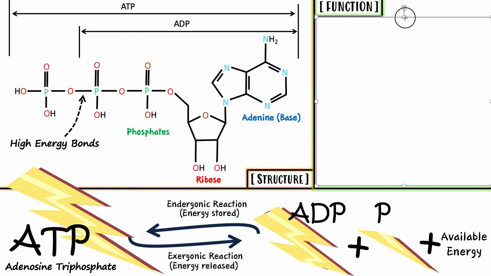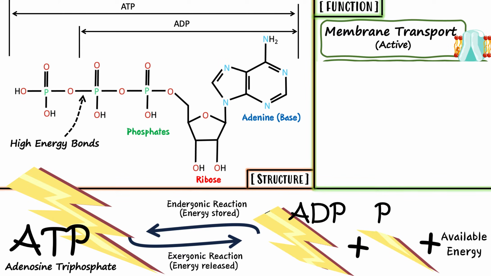Let me show you. One key one, which you may already know, is membrane transport. When we learned about membrane transport, we know that sometimes we have passive membrane transport where molecules just move down a gradient passively, no energy required, no ATP required. But in some scenarios, we need to move these molecules against their concentration gradient, from an area of low concentration to an area of high concentration. Sometimes that is needed. Now that is not passive, that is not natural, that requires ATP.